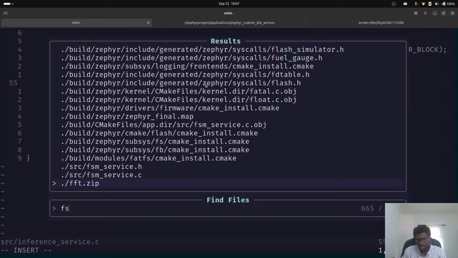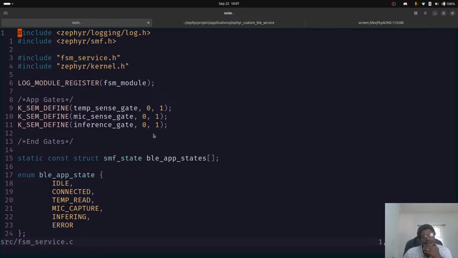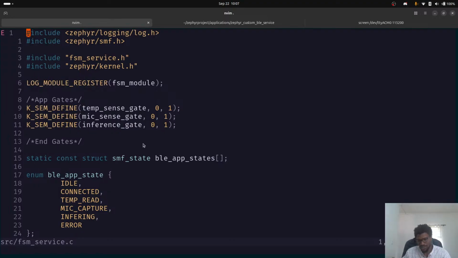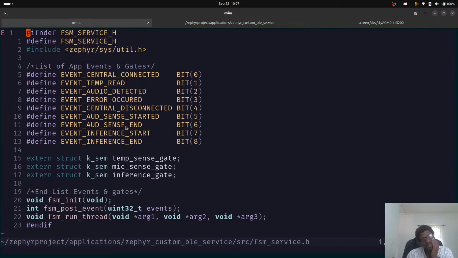And then we want to go to the FSM. I do want to do FSM service.h. Which inference end, inference start, inference end, audio sounds end, audio sounds start. So we need to send this signal, and whenever we send this signal, first of all, we need to send the signal. But whenever we send this signal, we need to